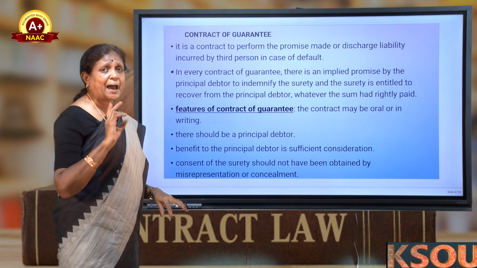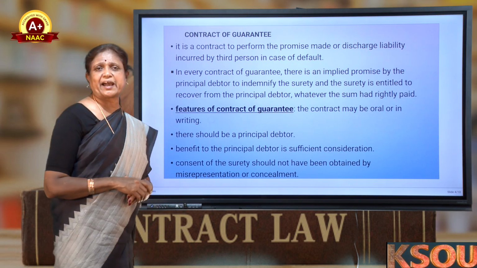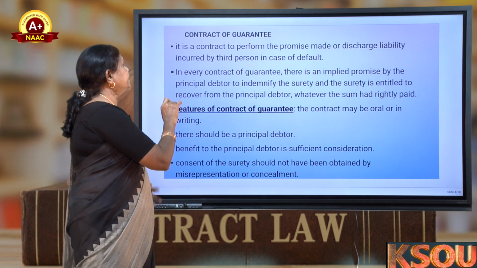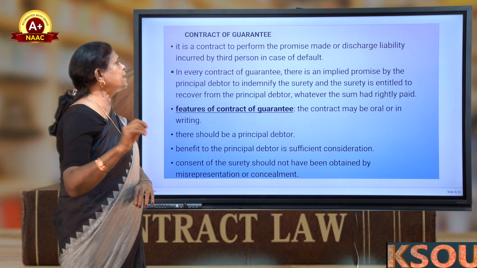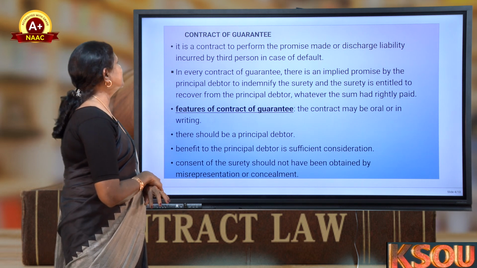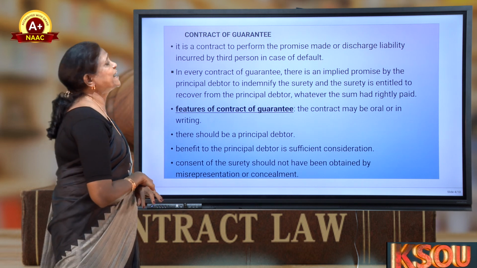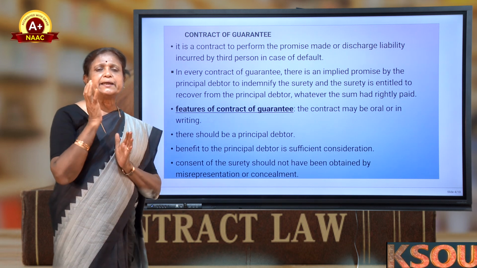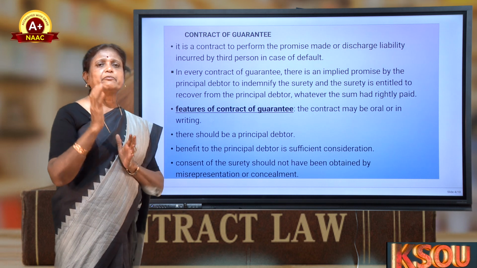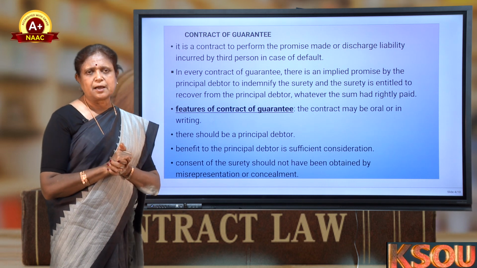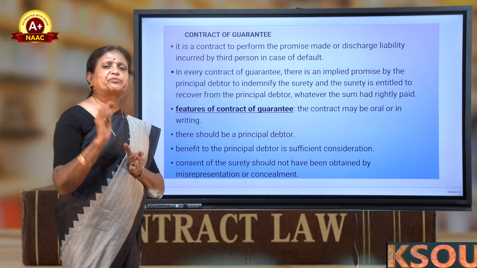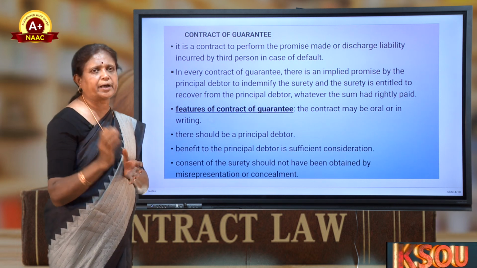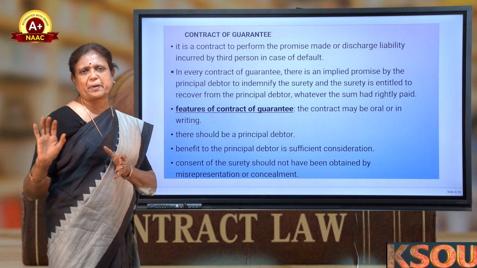And the parallel contract is the contract of guarantee. A contract of guarantee is nothing but a contract to perform a promise made or discharge the liability incurred by a third person in case of his default. That means in a contract of indemnity, the indemnifier will make good the loss, or the indemnity holder will be compensated if